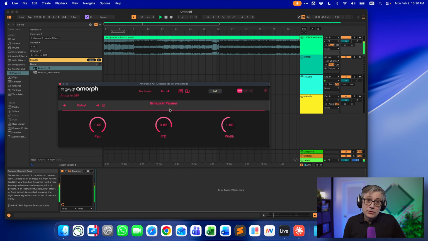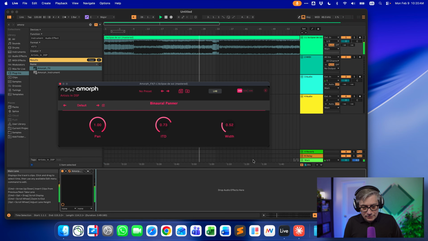And I can change the interaural time difference, and that actually works. I can also change the width of left and right. And that's actually really cool. So let's maybe try one thing. I honestly have no idea if this is going to work, but since this is probably going to be a shorter video, let's just be a little bit crazy here.